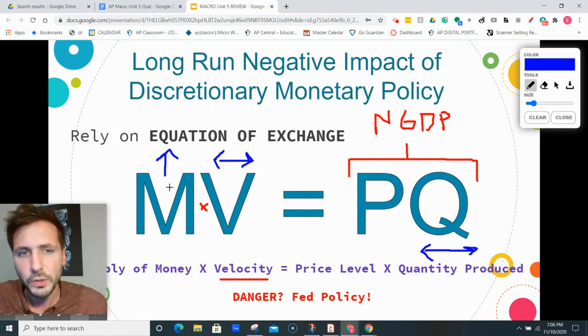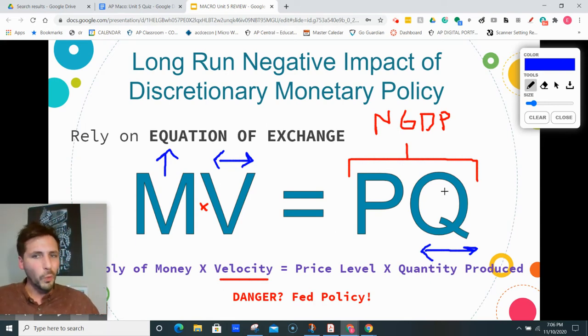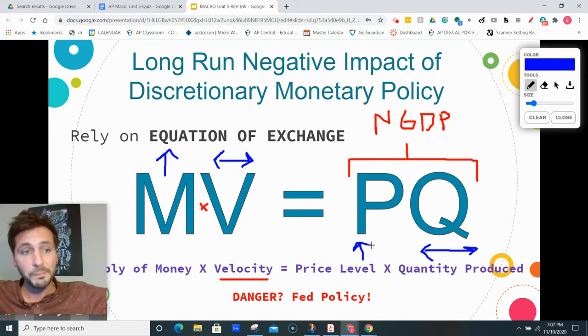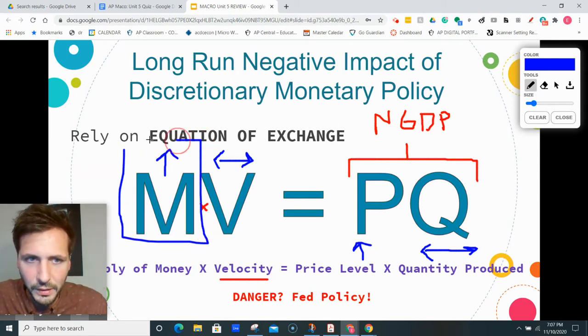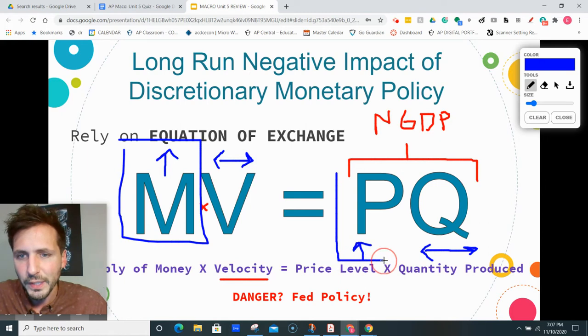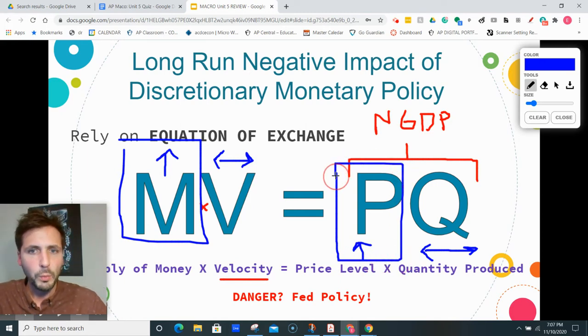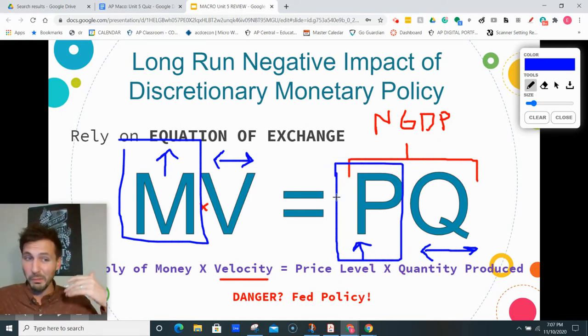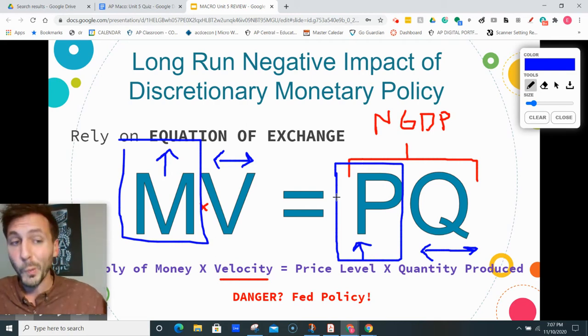So when the Federal Reserve increases the money supply, if quantity is not changing, what is? And the answer is price level. So it looks like nominal GDP is going up, but in fact, the only thing that is going up is price level. And so the danger of Fed policy or of monetary policy is that this consistent increase in the supply of money, as noted here, results in dangerous increases in price level over time, which can cause, in the best case scenario, artificial understanding of our GDP, worst case scenario, hyperinflation.